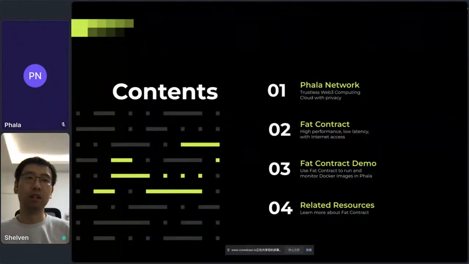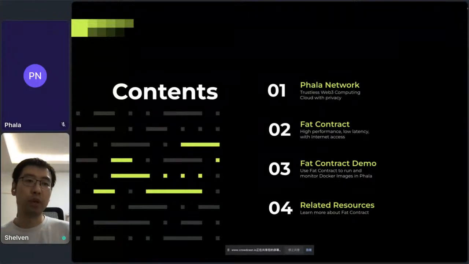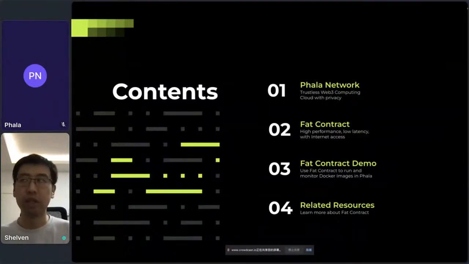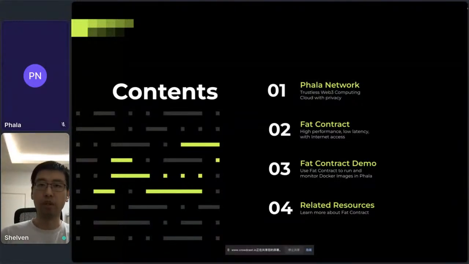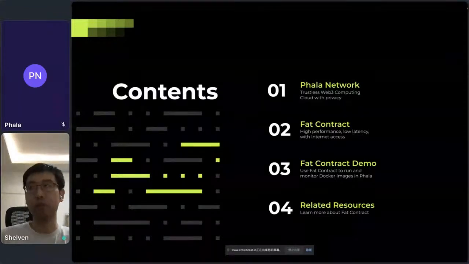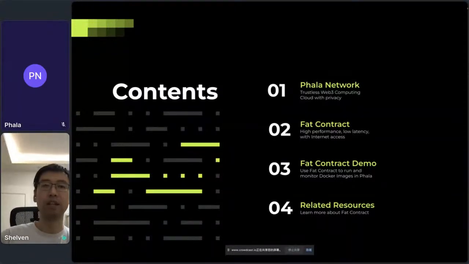In the past months, we have worked very hard for the release of fat contract on our mainnet, and now all the code has been merged. In the coming week or two, we should release the initial fat contract support on our mainnet. But the initial release will not go public. We will first enable our cooperation teams to use our mainnet fat contract, and then after